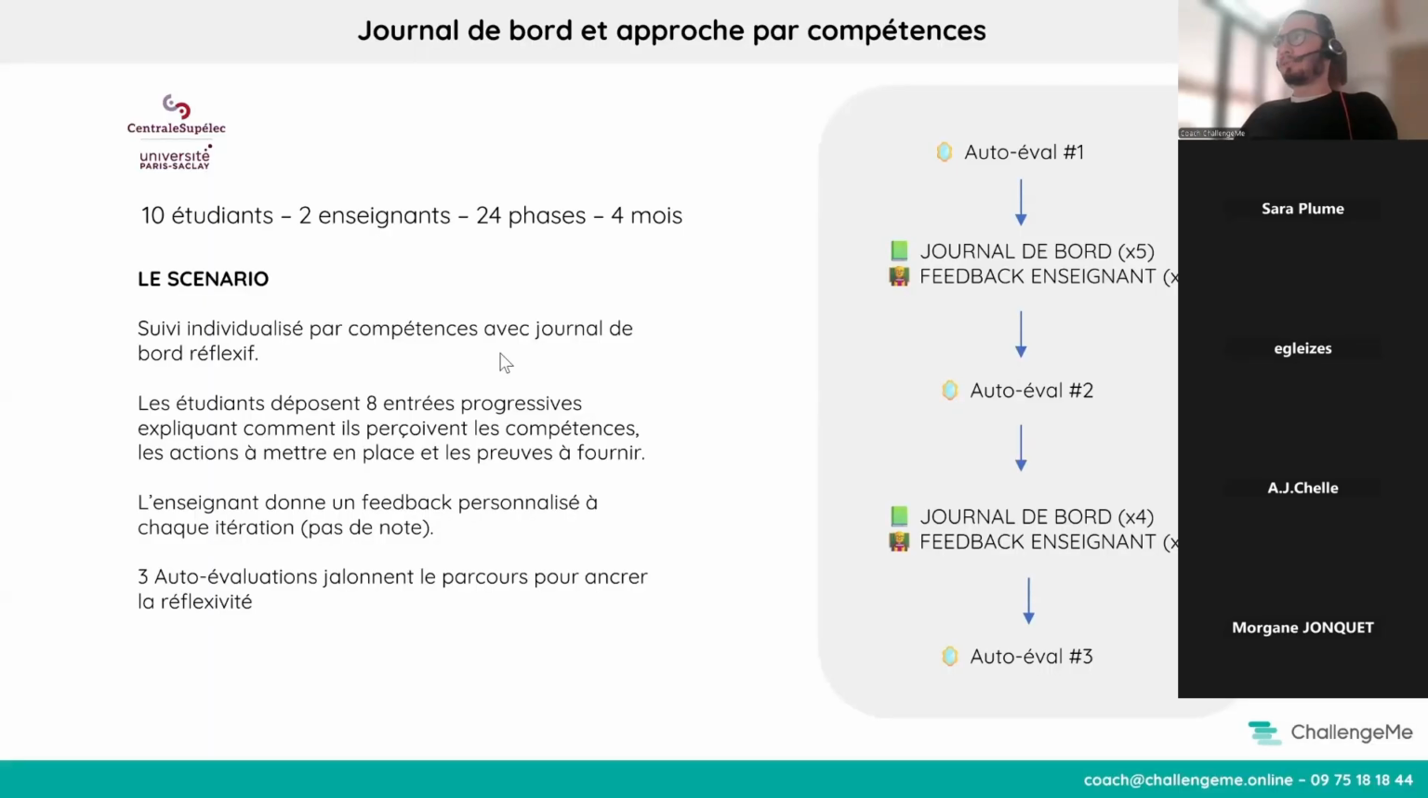The first use case was with the iterative evaluation scheme. Now, this is another use case that was initiated by Centrale Supélec. And the idea is to have a logbook where the teacher can provide feedback. So unlike the first scenario I showed you, which was about peer assessment, here we're stepping a bit outside the